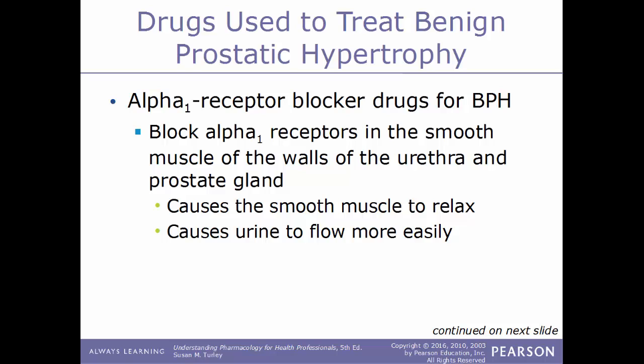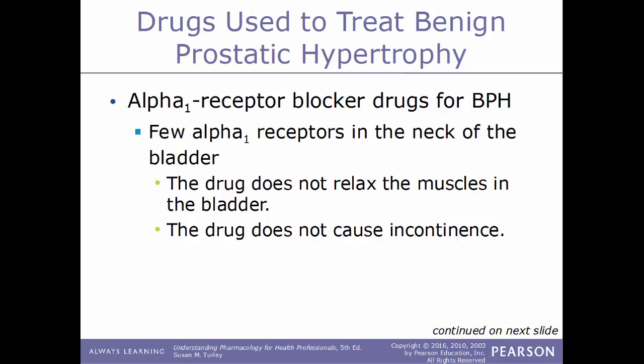And these work because they block alpha-1 receptors in the smooth muscle of the walls of the urethra and of the prostate gland. And by blocking these receptors, this will cause the smooth muscle to relax, allow the urine to flow more easily. And there are only a few alpha-1 receptors in the neck of the bladder. So this kind of drug does not relax the muscles in the bladder,